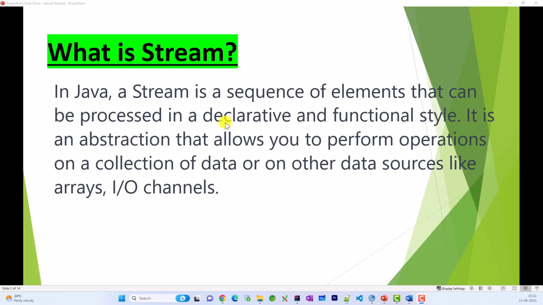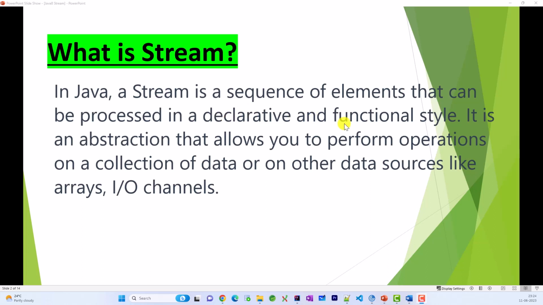Now what do we mean by declarative? Declarative and imperative are programming approaches. In the case of imperative, we use conditional loops and so on to process our data, whereas in declarative we use a pipeline of operations. So it will be like one function after the other, or one method after the other, they will be called to get the desired result. So that's the declarative way. We will see a lot of examples. We'll be using our method pipeline to process the stream, and that will make things understandable,